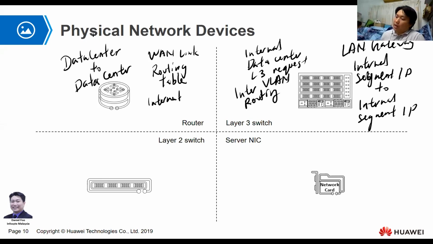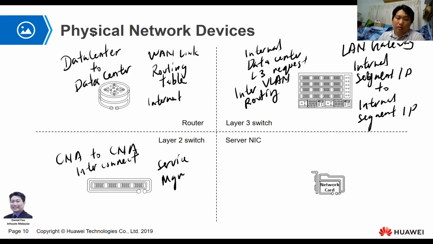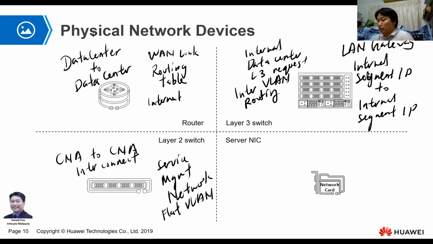So all this physical hardware is still required in order for your virtual machine to have a better external connection to certain networks and provide certain services. So the layer 2 switch here will be used for, normally, CNA to CNA interconnect. This guy can be used for service and also management network, with a flat VLAN configuration. If you do not require any gateway functionality, your network will actually get switched by the layer 2 network equipment to your server hardware. So this server NIC will basically be your CNA node uplink port,